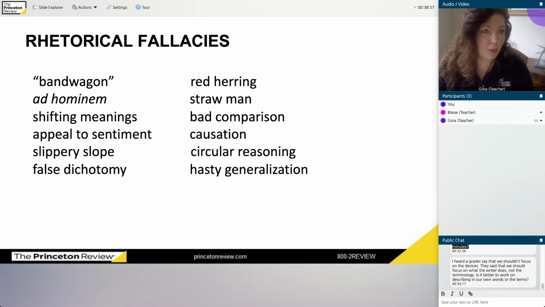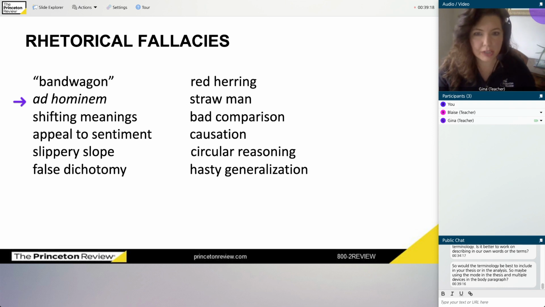So, for example, when people say you're jumping on the bandwagon, well, what does that mean? That means you're trying to prove something to somebody by convincing them that everyone else believes it, right? This is what all the cool kids are doing, so you should do it too. That's bandwagon. Then we have ad hominem. An ad hominem argument is when you appeal to an authority figure. Like my doctor says I should exercise more, and doctors are really smart people, so I'm going to do that. That's an ad hominem argument.